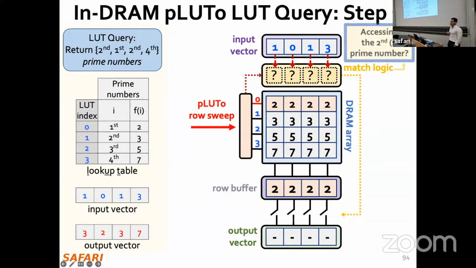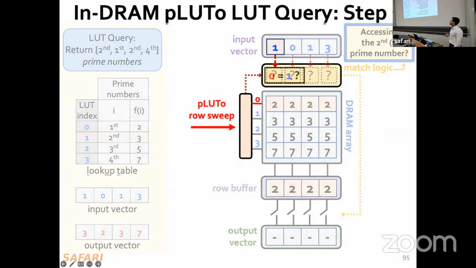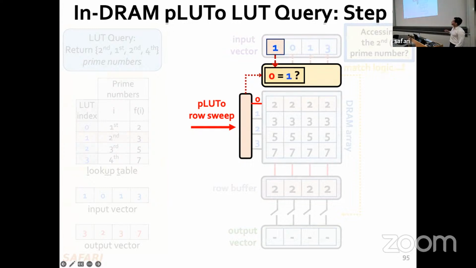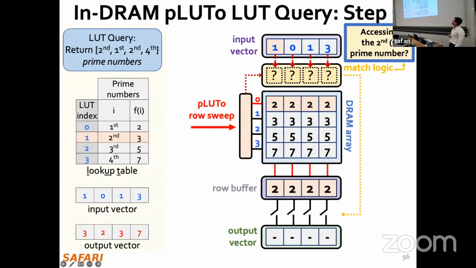And now my matching logic is going to start asking some questions. All of those questions happen in parallel, of course, but I'm going to show them here in serial so we can understand together. So the matching logic is going to start comparing the address that I'm currently activating, so address 0, with the elements of my input vector, and asserting the output of the matching logic in the appropriate places where we have a match. So I'm checking the first input of my input vector. Am I currently accessing row 0? No, I'm not currently accessing row 0. So that position is not going to be asserted.